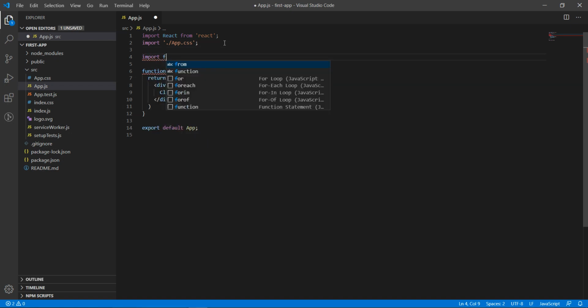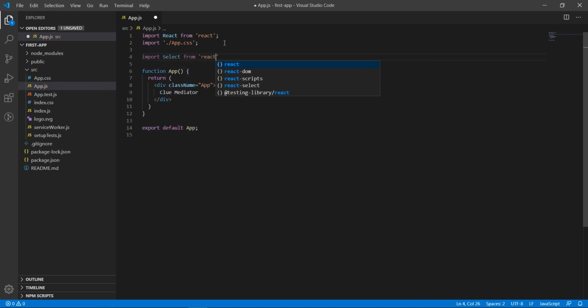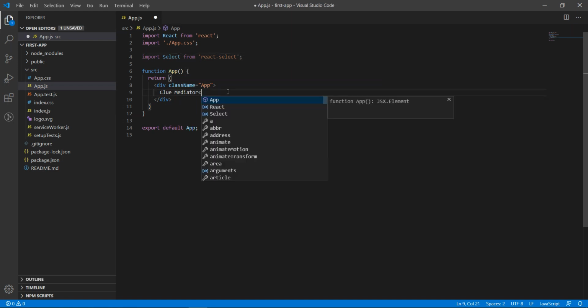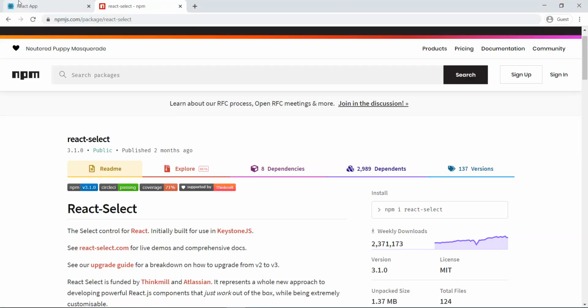Import Select from React Select for now. Okay, for the implementation part, let's write a br tag over here and use the select tag to display a drop down. I'm saving this page and we'll see in the browser.